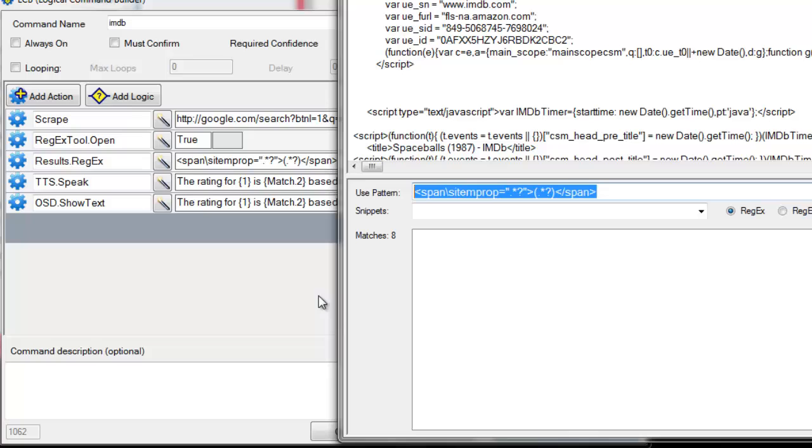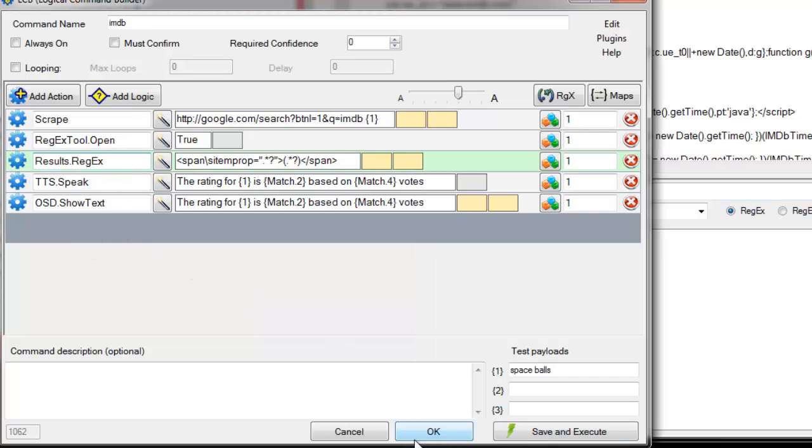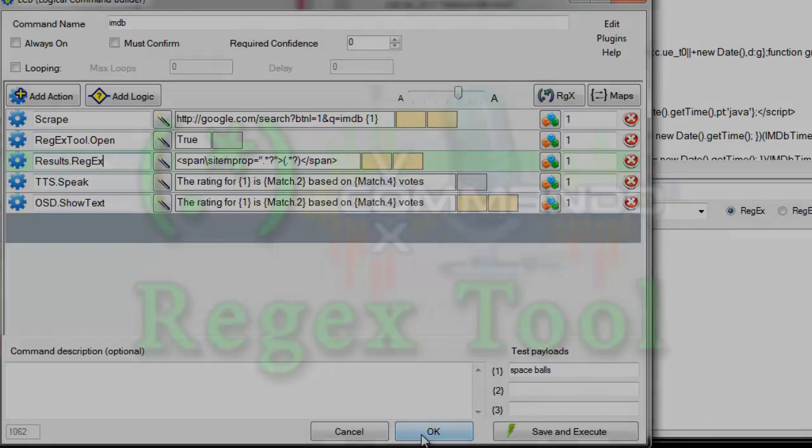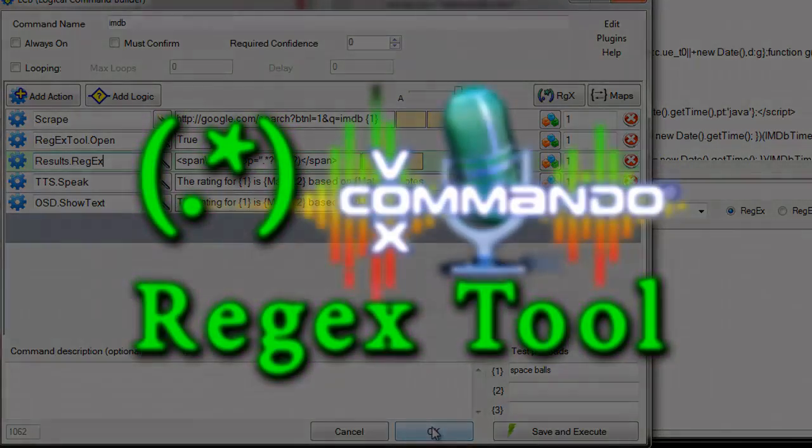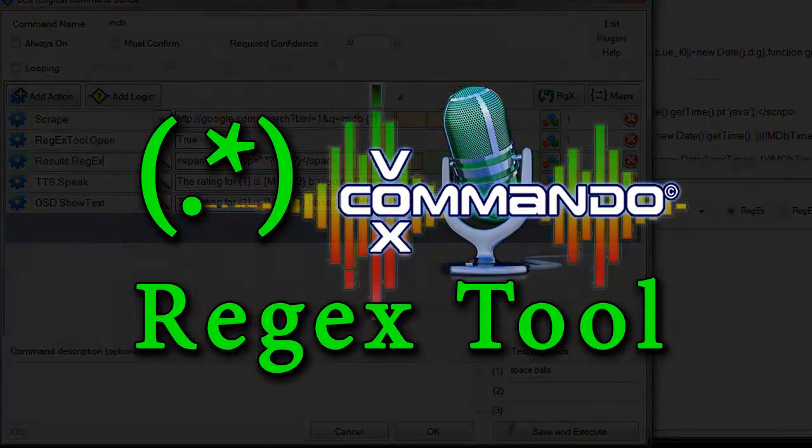Okay, so I think that's enough brain food for today. Digest it, and perhaps I'll come up with another good example or challenge. And next time maybe we'll do something that requires us to use RegEx single. I hope that you learned something today, and I hope that you find cool new ways to use this feature